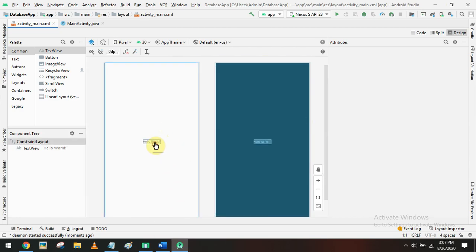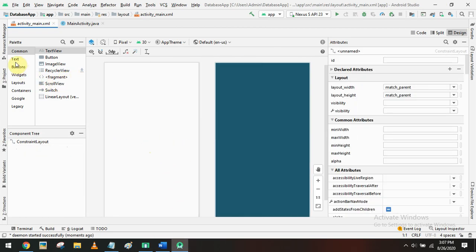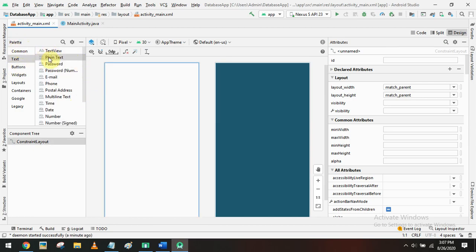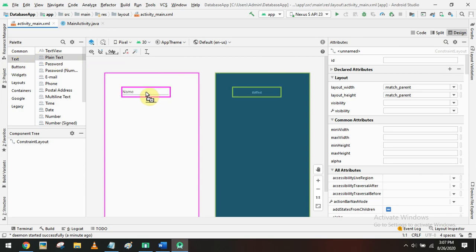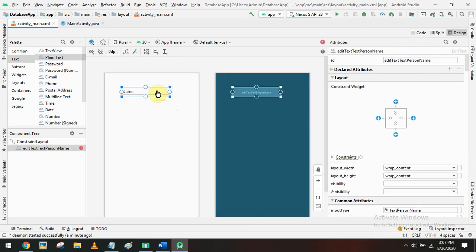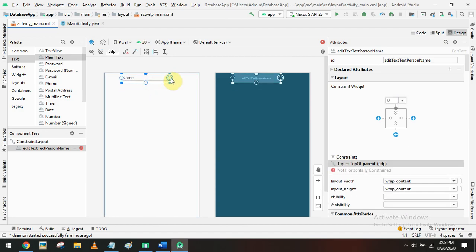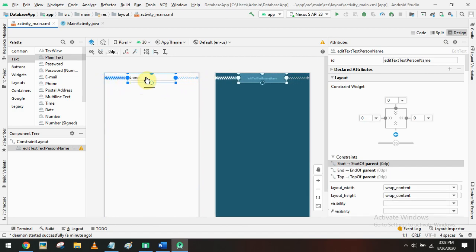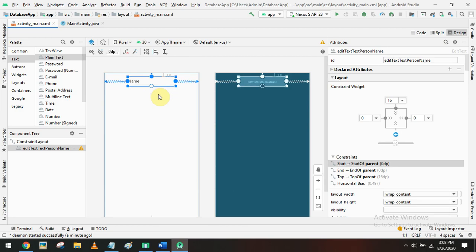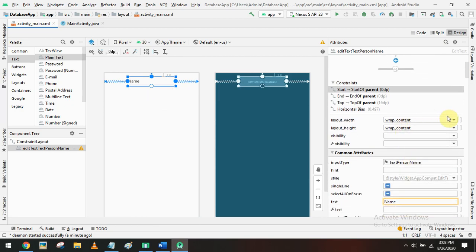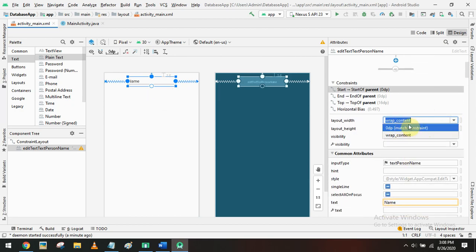Let's start the design for the user interface. So first I need a text box. I'll go to the palette and select plain text editor. Add it as an edit text, and by using this anchor point we can lay it out. There is a constraint layout we can perform. After doing the constraint layout, you can place it wherever you want. Just drag the edit text box, and the width we can increase here. Instead of wrap content we can use match constraint, that is a 0 dp match constraint.